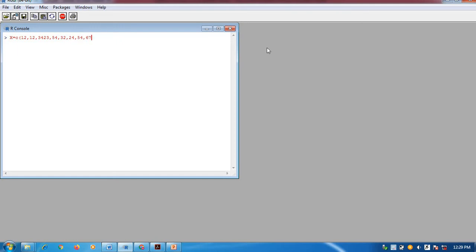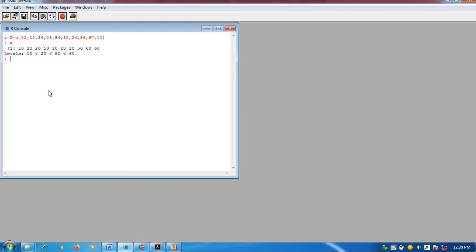So how many? It is 12, 12, 1, 2, 3, 4, 5, 6, 7, 8, 9. One more value I need, suppose 10. Okay, so this is my data set. If I print X, I'll get all these values. Now, am I wrong?